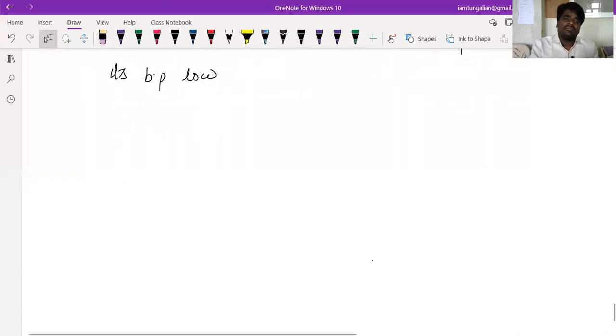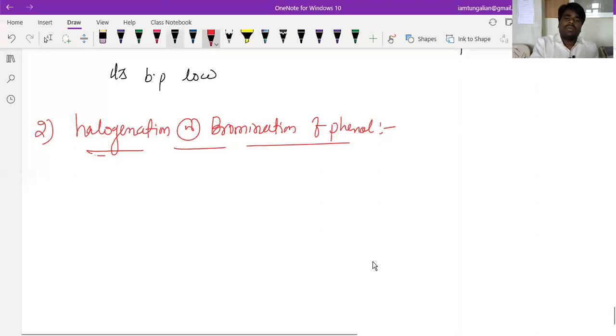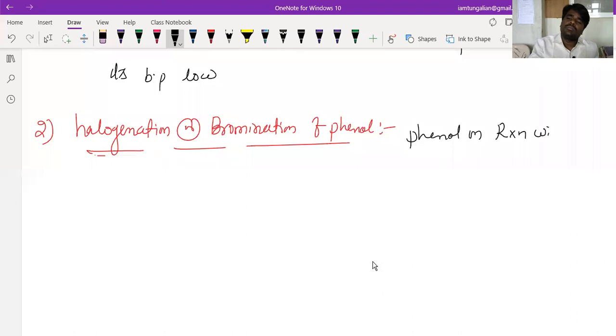The second reaction we say is halogenation, or bromination. Let us discuss bromination of phenol, beta. So what happens here? Phenol on reaction with bromine in presence of carbon tetrachloride or carbon disulfide forms